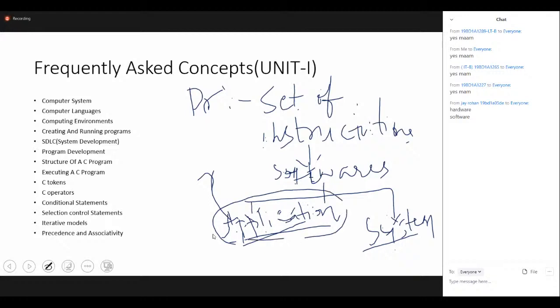Now when you're talking about system software, the best example of system software is your operating system. In order to run any of your instructions on your system, that is, in order to make your set of instructions work on your system, definitely we need some interface which acts between the user application and the system. So your operating system is the best example of system software, because the operating system will act as interface between